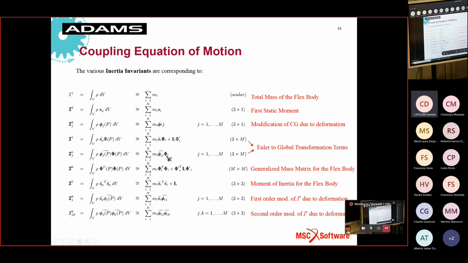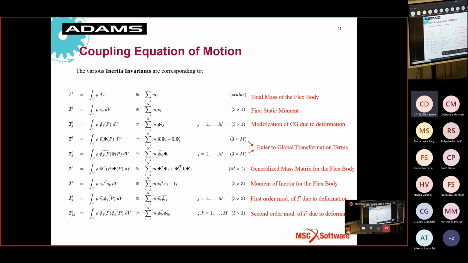You can neglect it. This contribution of the second order modes is the one which requires more computational effort because you have to evaluate the modes twice. So if we neglect this contribution, we can have a very good result with a very high